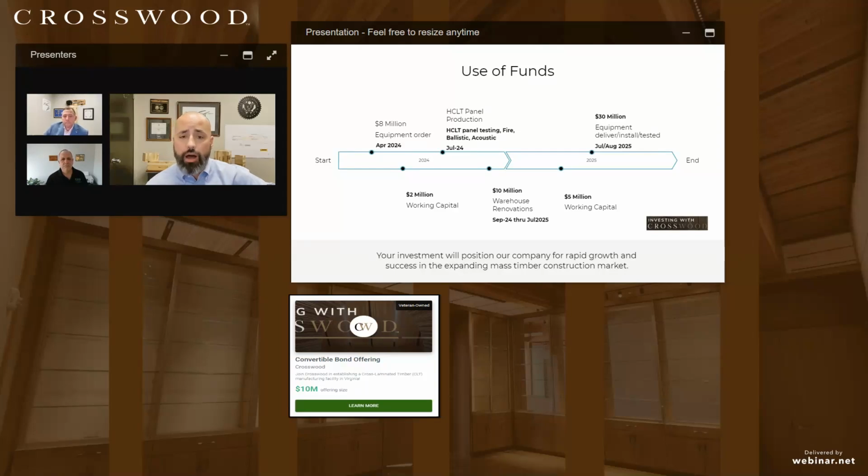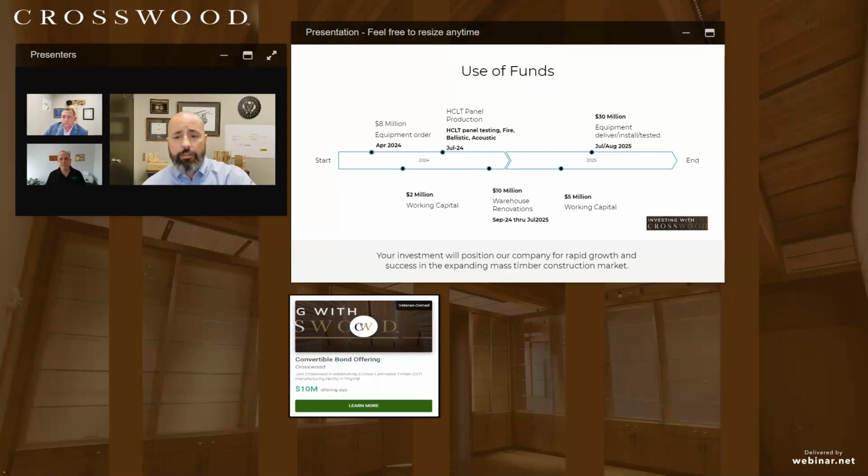And the rest of that working capital is really about product development. We have plans already in place to either verify some of the existing testing that was done in the academic research that we talked about, like at places like West Virginia University or Virginia Tech, or to do some new testing specifically to update yellow poplar CLT testing on things like its fire certification, its acoustic qualities, and actually its ballistic properties, which has been studied, something that is of interest to the Army Corps of Engineers Engineering Research and Development Center, and something that we have planned for our test panels this summer that we're pretty excited about. So that's our use of funds here.